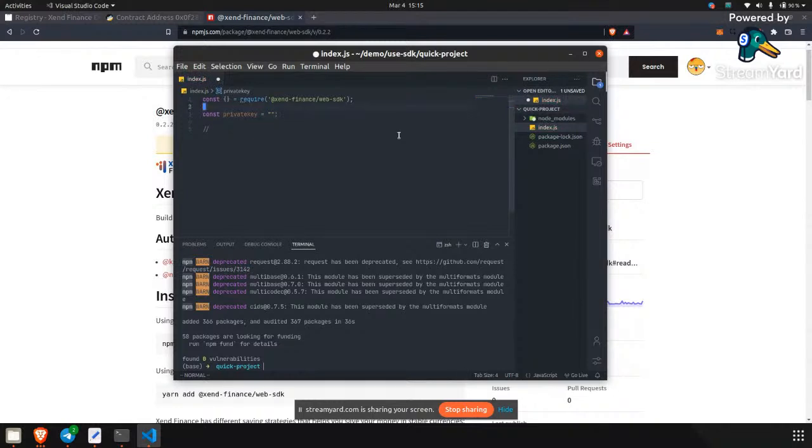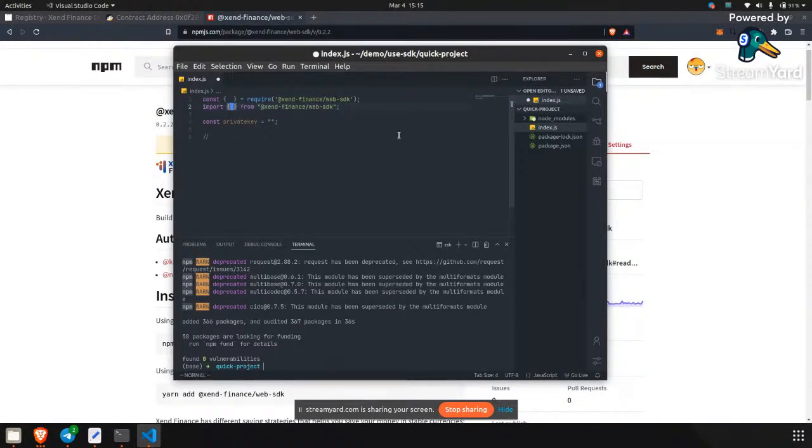We'll get it later. Then we can import the SDK here. The way it's exported, if you're using ES 2015, that's the version of JavaScript you're using, you're doing this require like this. You're not doing maybe import from if you're not using this method. So this method, you can just go ahead and import